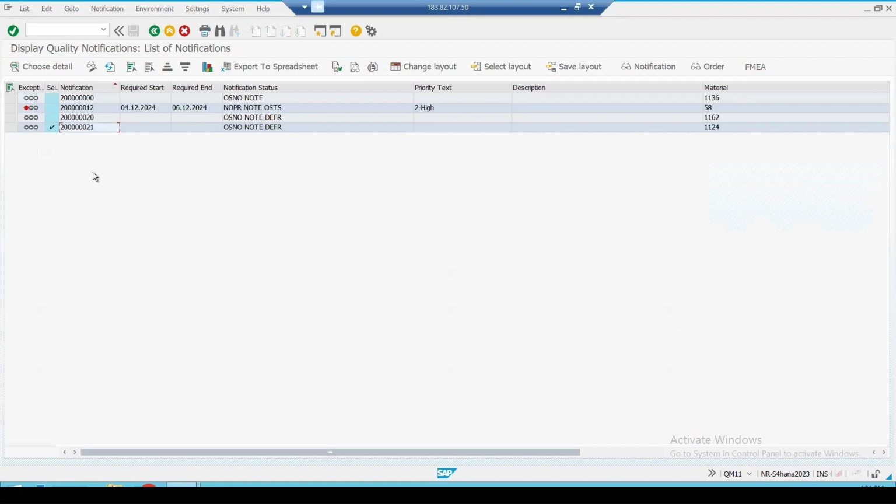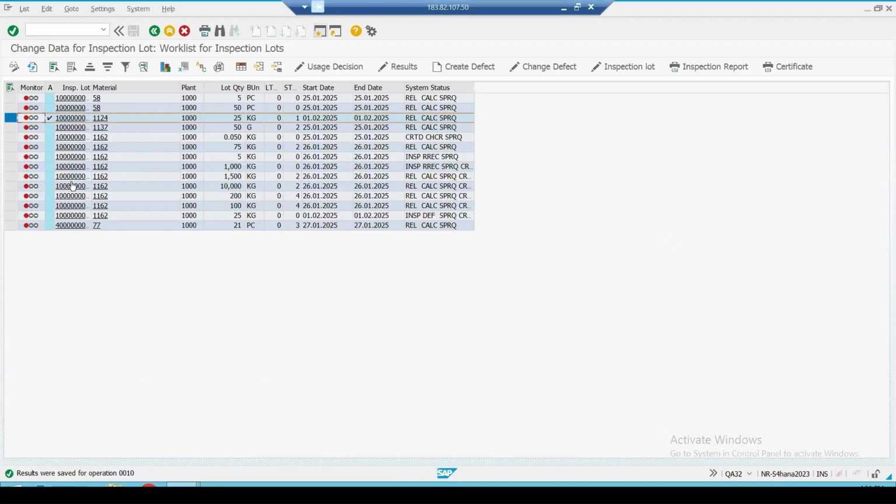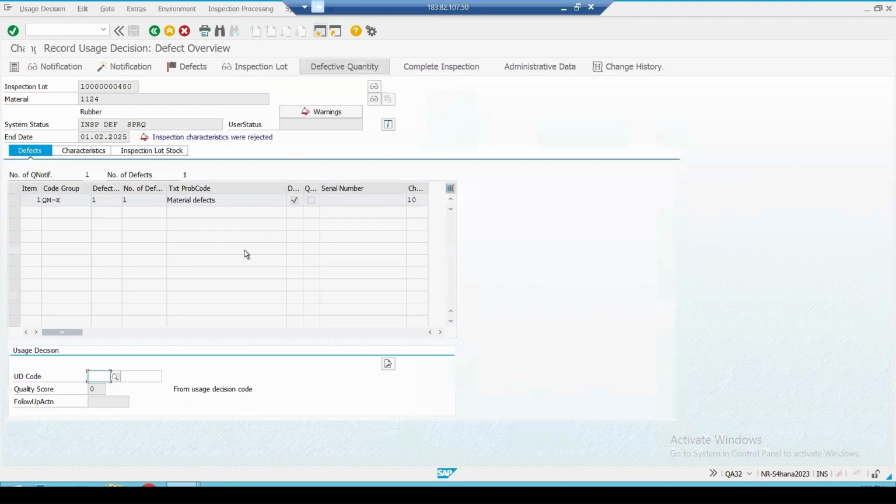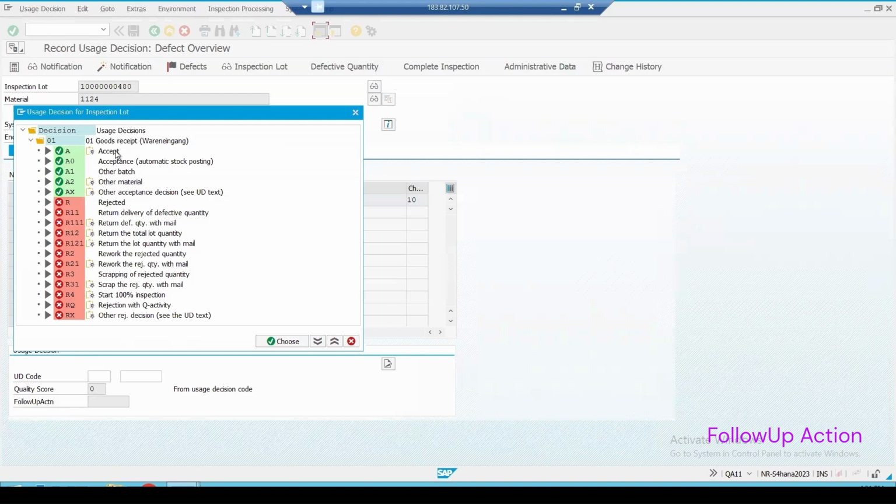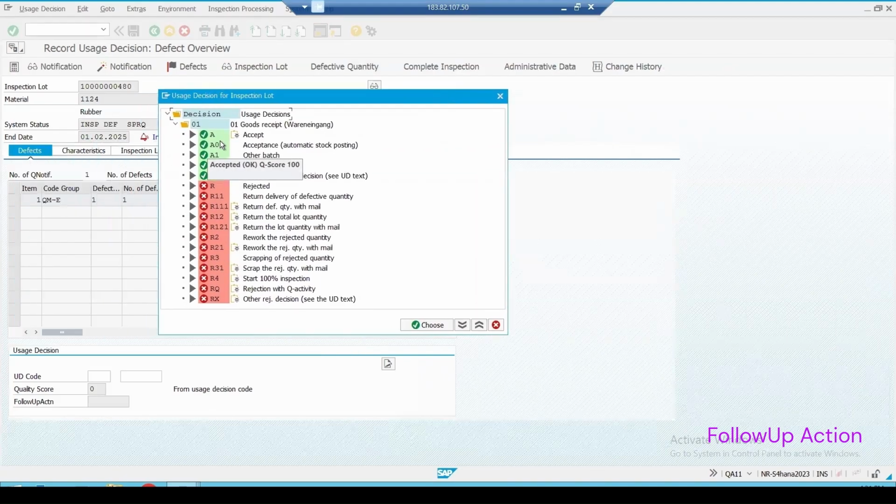This is how you can create a notification. QA32 report. So now if I refresh it, it is showing me that inspected and defect recording has been done. Okay, stock posting required. So if I select this, and in the usage decision, we do get the option that on the basis of code, we can specify, do you want any follow-up action to be taken?